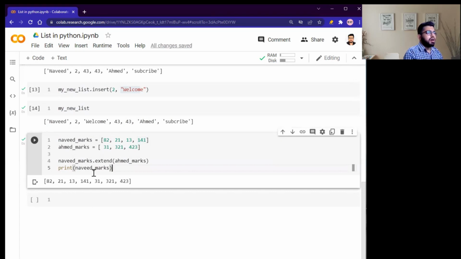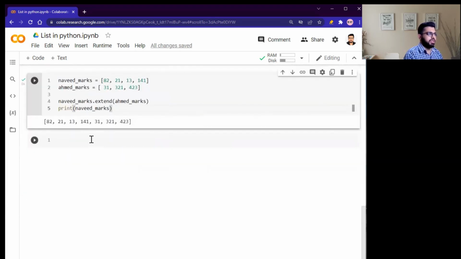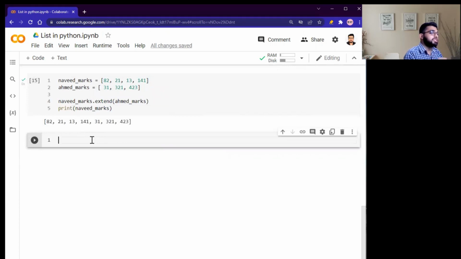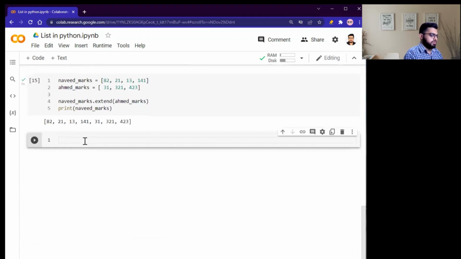Next thing, how we can remove an item in the list. For example, I want to delete some item in my list, so how can I remove an item in my list? Simply we have a function remove. For example, Naveed, no, this one is my new list. Okay, so my_new_list,